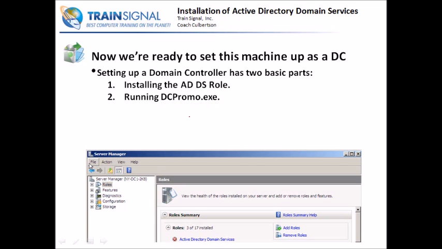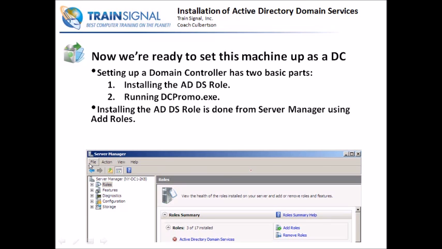Now, installing the ADDS role is very simple. All we have to do is go here in the Server Manager. You see this little section that says Add Roles? We would click on that, and we'll find this little guy when we click on the Roles section here in the tree view. So once we have the Roles section, we click on Add Roles, then we can install